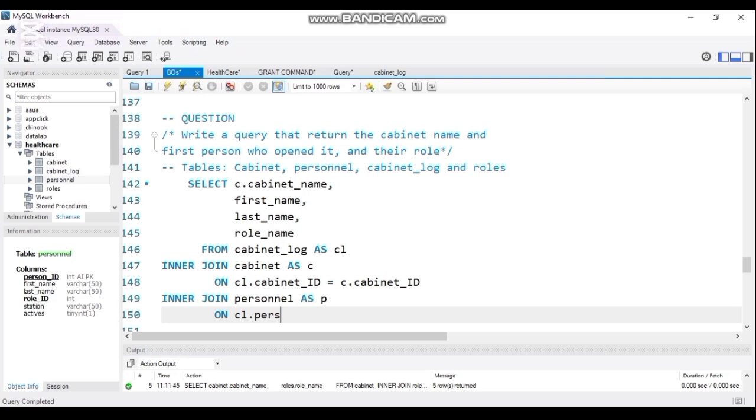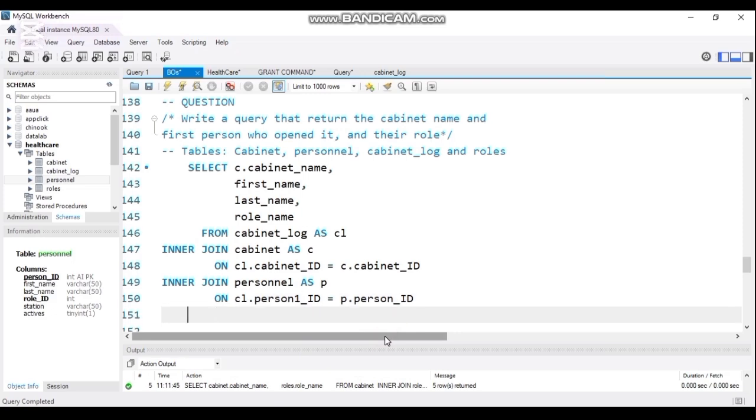The senior worker can open certain cabinets, and the junior worker can also open certain cabinets. So we are using the person 1 ID to join these together. Person 1 ID equals P dot person ID, which is the primary key in the personnel table. Person 1 ID is a foreign key in